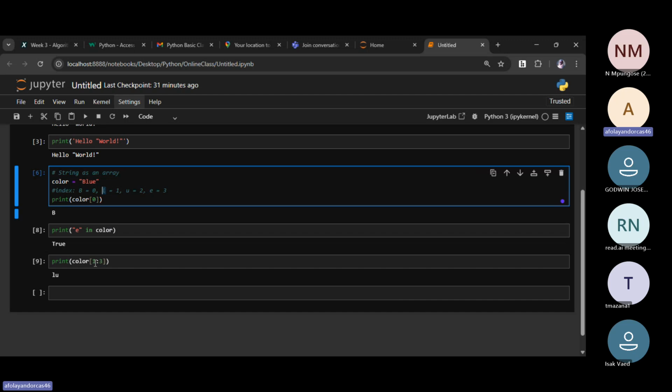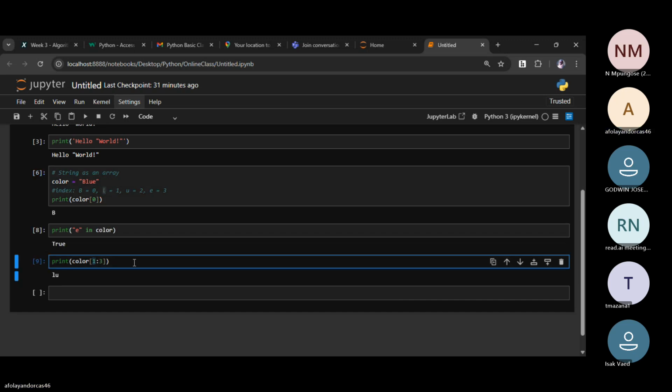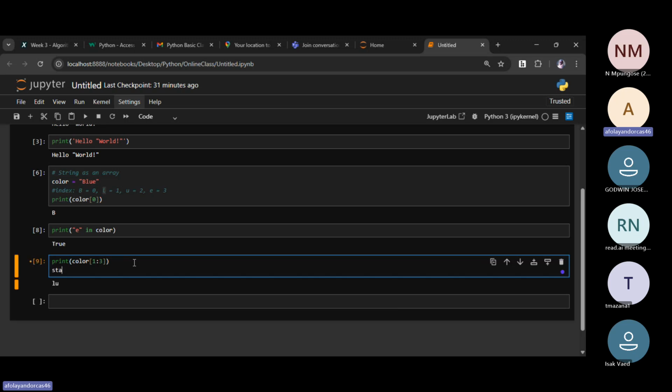Okay, this actually means that it starts from 1, ends at 3, but do not include 3. So that's actually what is happening.